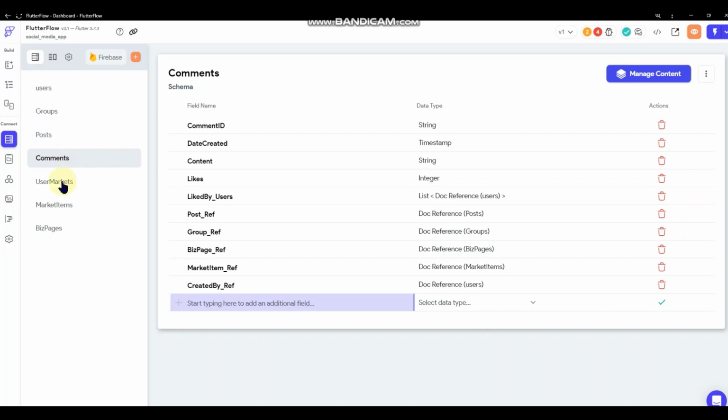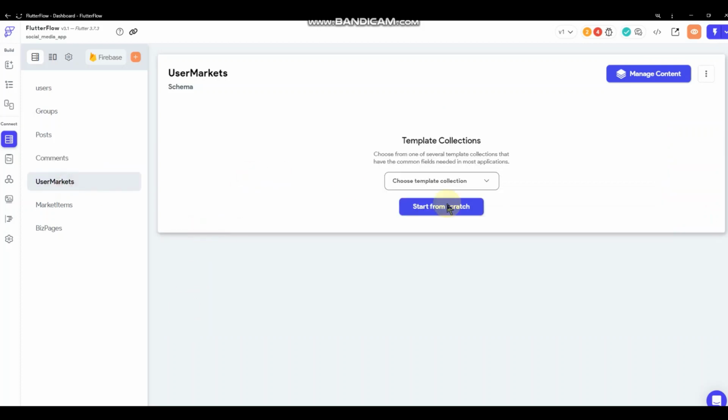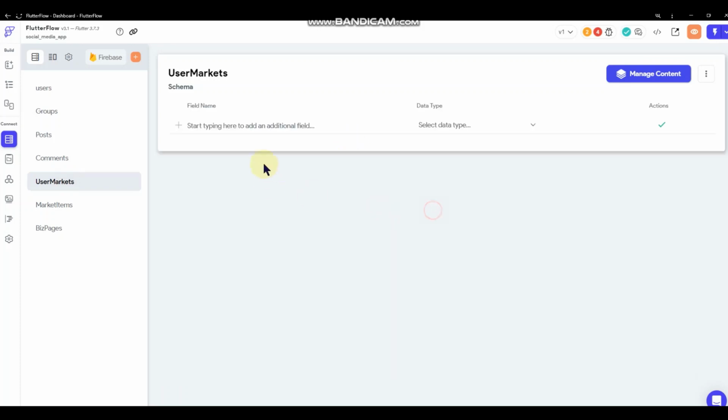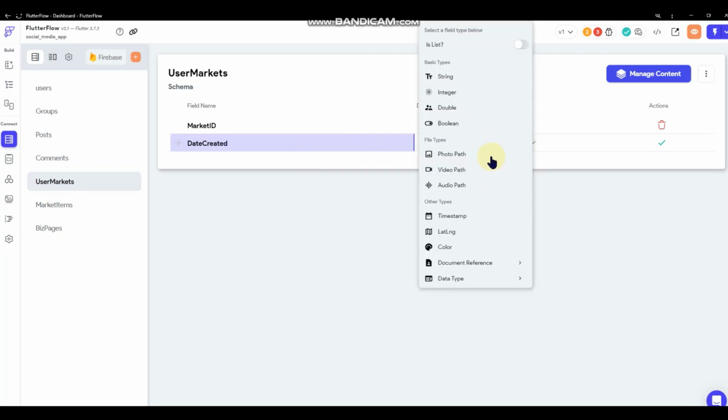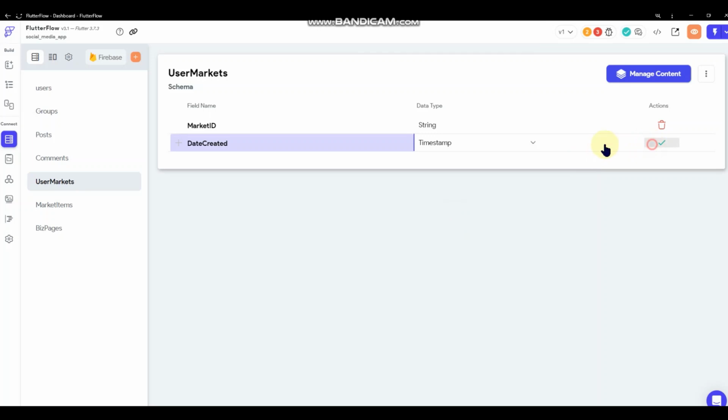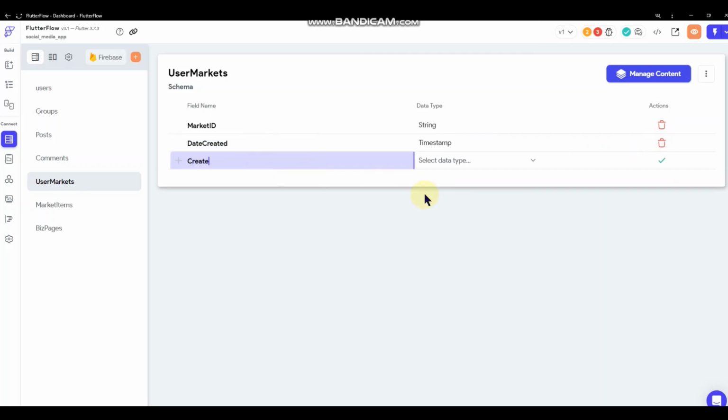Okay. And then I'm going to use a market. So we're going to let them create their own marketplace. We're still going to do market ID. Date created. Do created by.